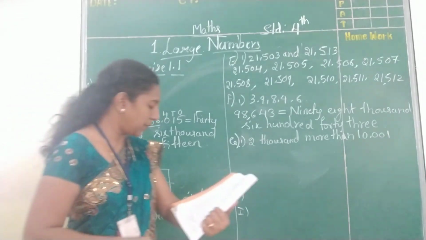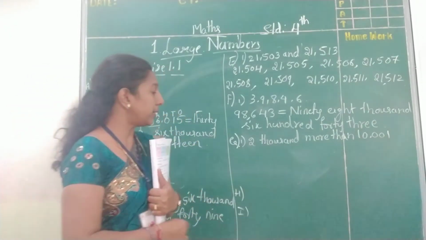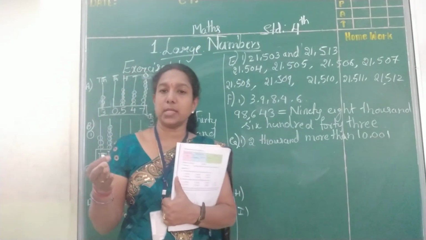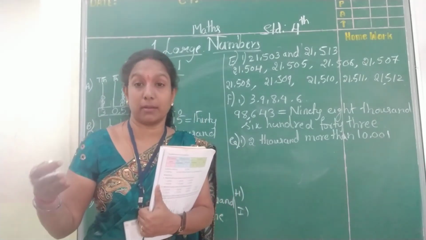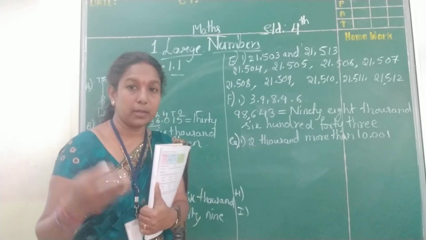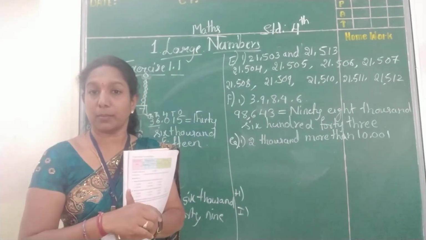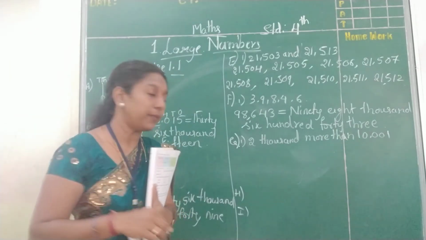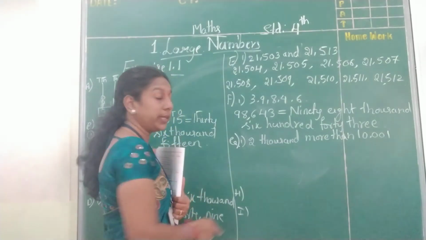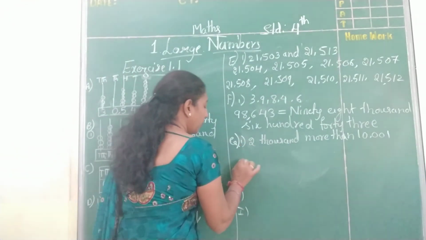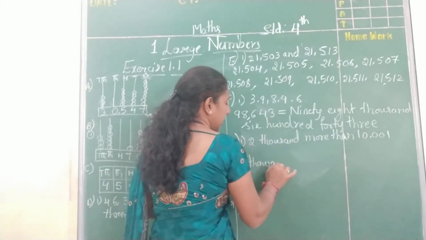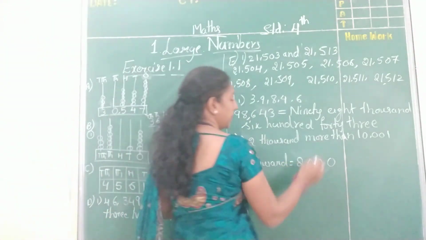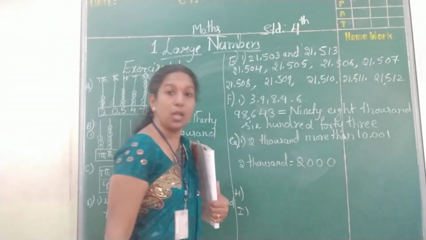That is the G1. Find the number. What is that? 2000 more than 10,001. So 2000 more than means we have to add here. More than means add. More means extra. So we have to add here. And then how much we have to add? 2000. So 2000 they are given in the word. In the word means we will write here as 2000. More than means we have to add here, for the number 10,001.